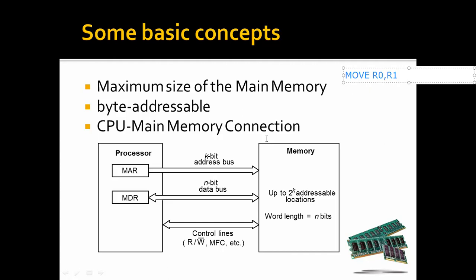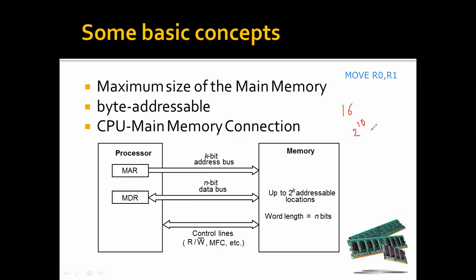What is the use of the address lines here? Based on the address lines, we know the maximum size of the memory, that is, the maximum memory locations in that processor. Suppose you have 16 address lines, then how many maximum locations are there? 2 power 16. Previously we took these examples. If we have 16 address lines, totally how many memory locations are there? 2 power 16 memory locations.